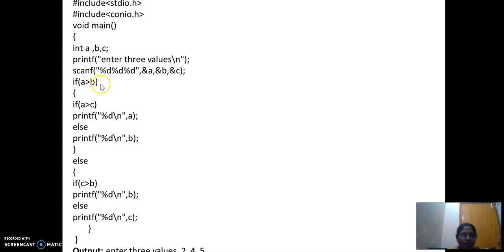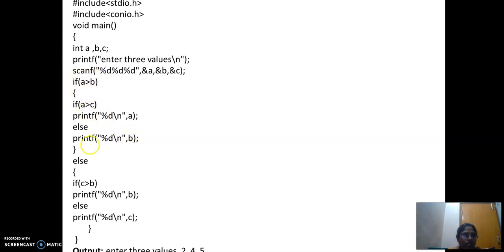If A is greater than B and it is also greater than C, then I can say that the largest one is A. But if A is greater than B and A is not greater than C, then obviously C will be the greater one.